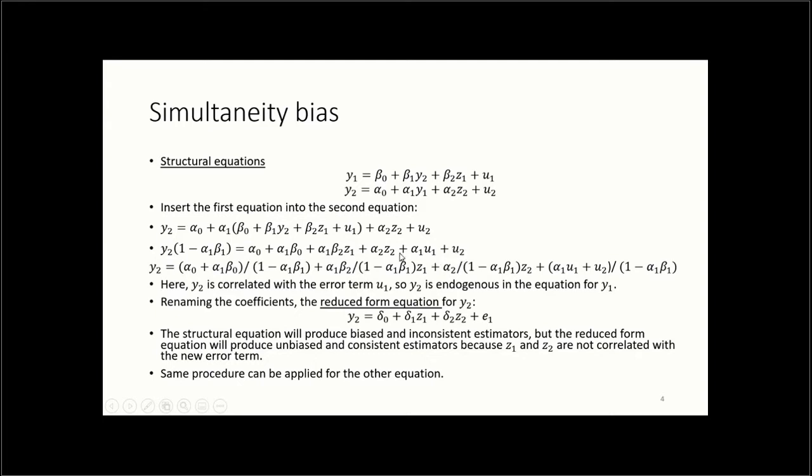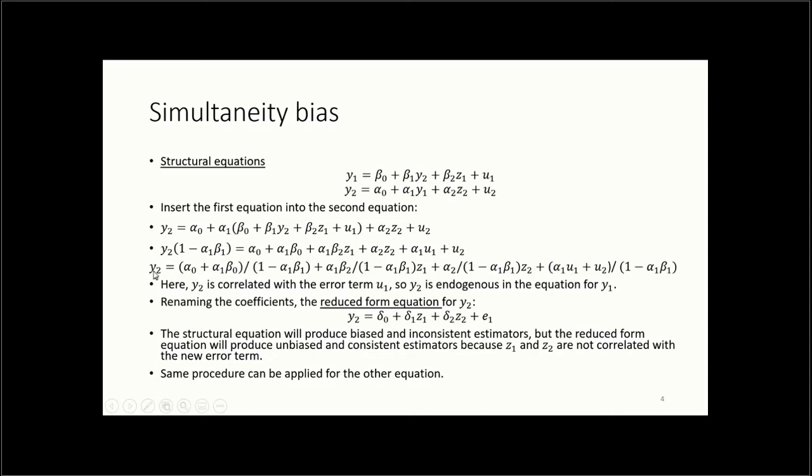So now let's divide all of the terms by this expression. And that's what we're going to get here. So even though this is long, what this is showing is that y2 here would be correlated with the error term u1. You see this? Because u1 is